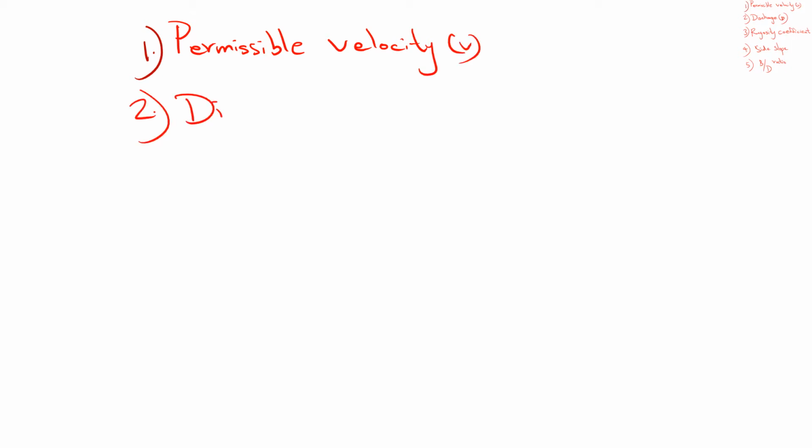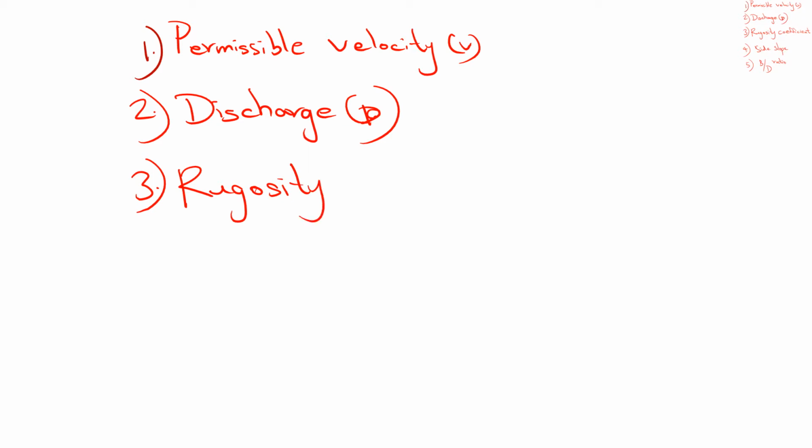First one is the permissible velocity V. Then they will give you the discharge Q. Then they will give you the rugosity coefficient, which is usually used in the formula of Manning's, and the side slope,